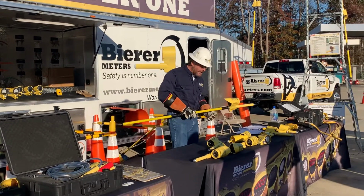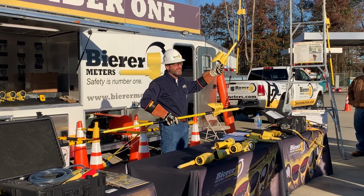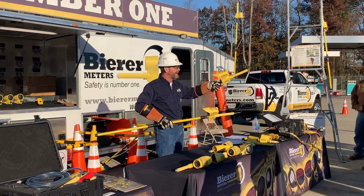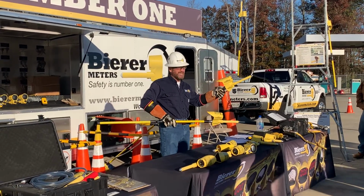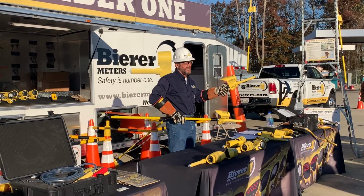If you're holding one of these tools in your hand, remember how they work in relation to the ground plane. You are a potential ground plane. You will get false positives, you'll get false negatives. You're going to get skewed readings if your body